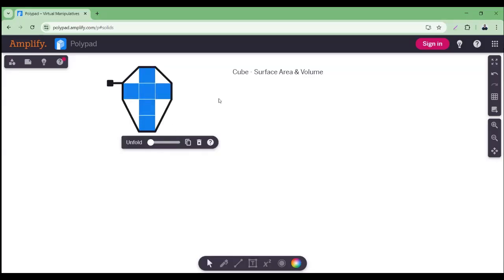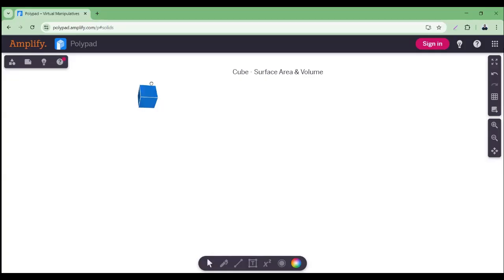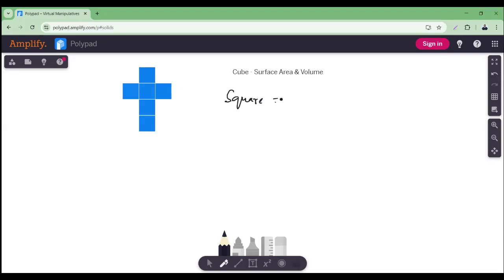Now, we are going to find the total surface area of this. Surface area means what? If you see, this is one surface. If I turn, this is another surface. This is another surface. So, all these surfaces, totally what is the area? To find that, we already know the area of a square, right? A square's area is given by side multiplied by side. This is for one square, right?